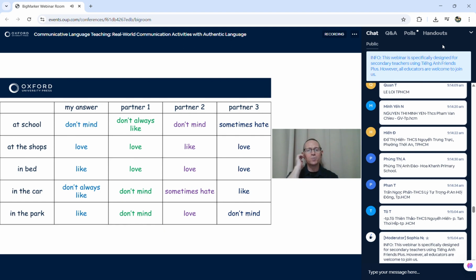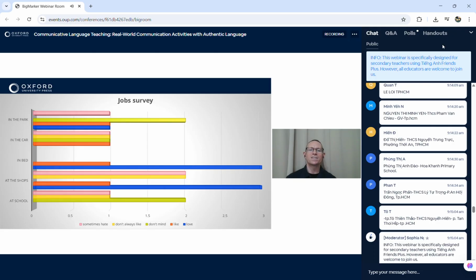It can be useful, as an extension activity, to ask our students to make a chart to represent the common answers. I made this example chart using PowerPoint, but students could use a range of different applications from Microsoft or other applications to make these kinds of bar charts. That's very useful for their digital literacies in addition to their communication competence. And then for spoken production as well as spoken interaction, students could present the common results to the